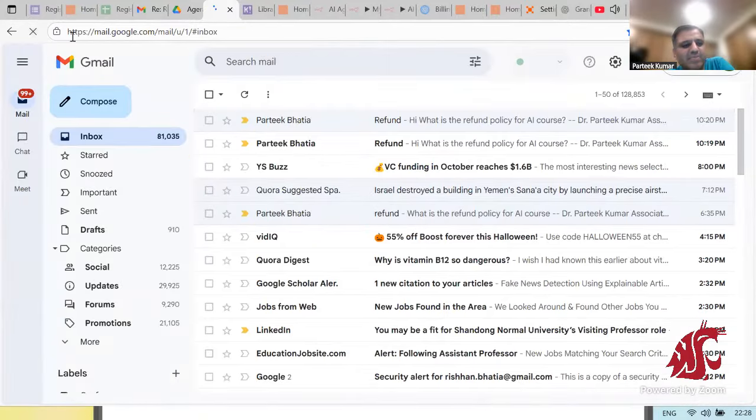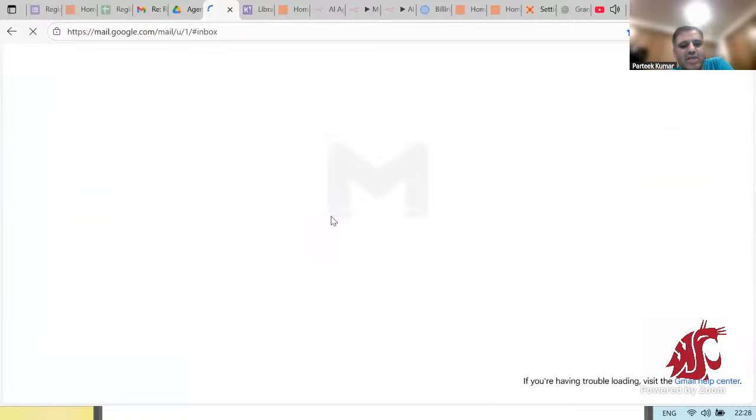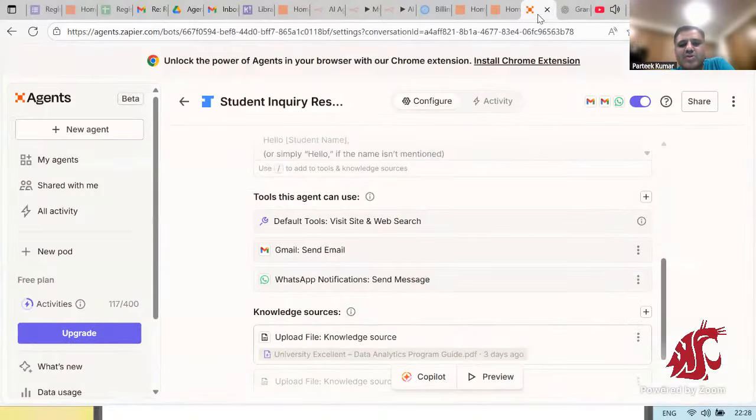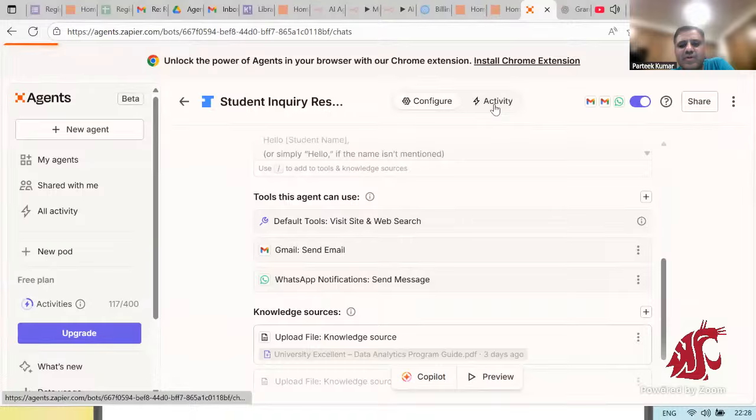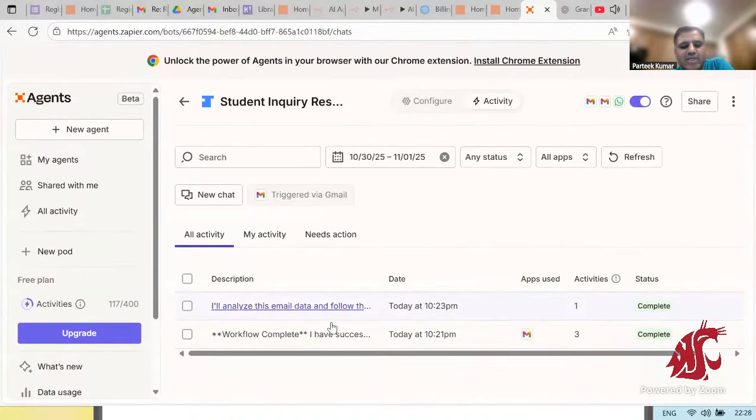Instead of that, it must send a WhatsApp message because confidence would be lower in that case, as we have no idea about this math course. So we are asking for the start date for math course. This is the email that I have received. Let's go here. This is already active. See the activity. And now you can see that